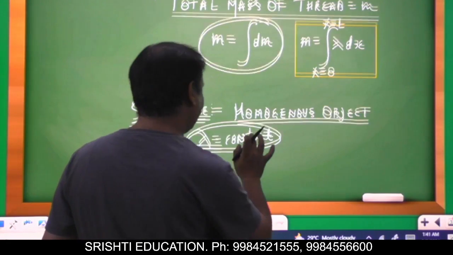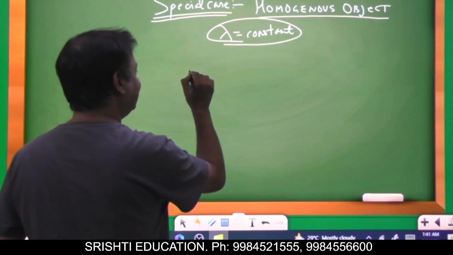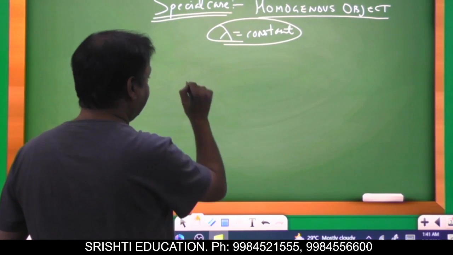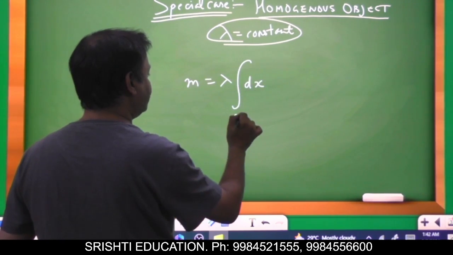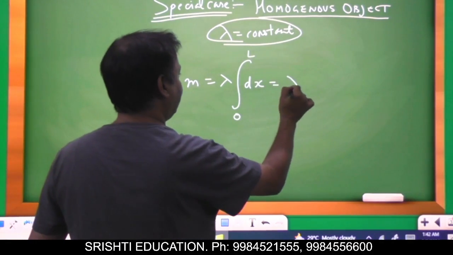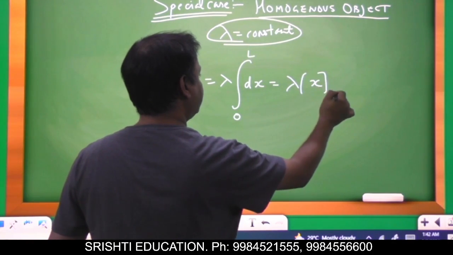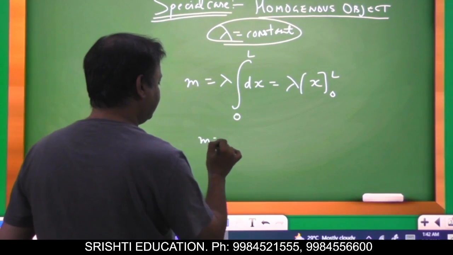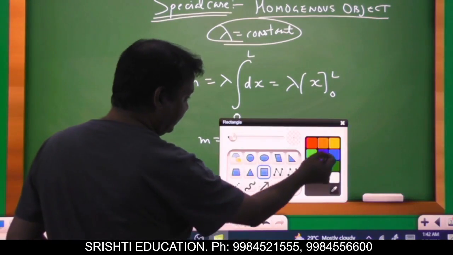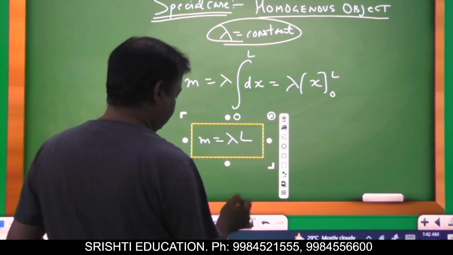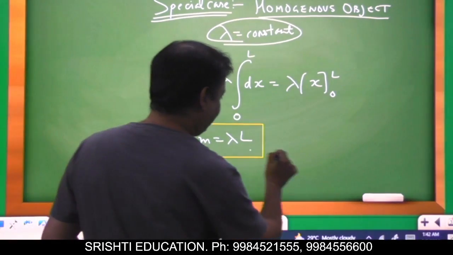When the object is homogeneous, then lambda will be constant. So in this case, lambda will come out of the integral and you will have dx from 0 to L. So it will be lambda x from 0 to L. So m will come to be lambda L. So this equation has a limited application for